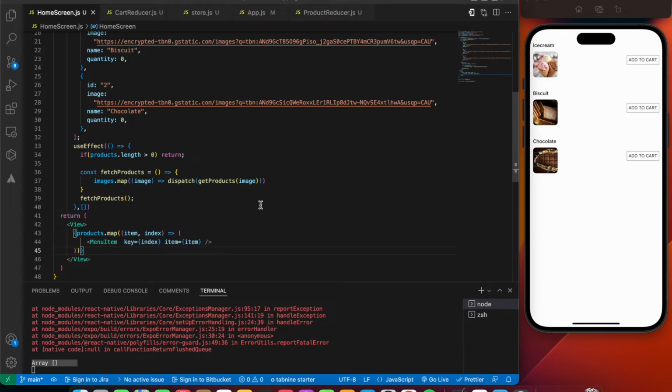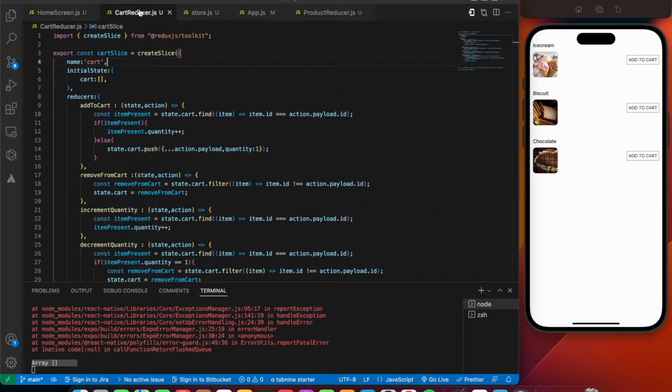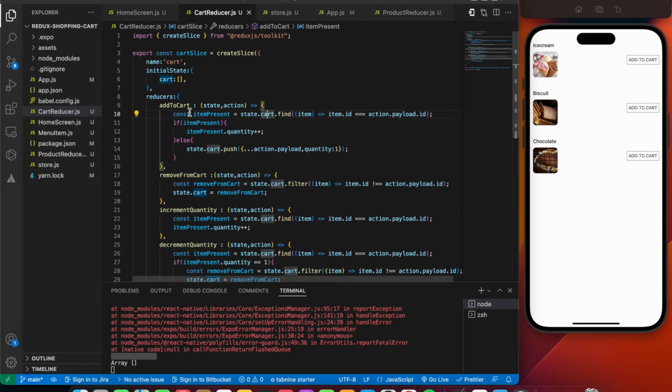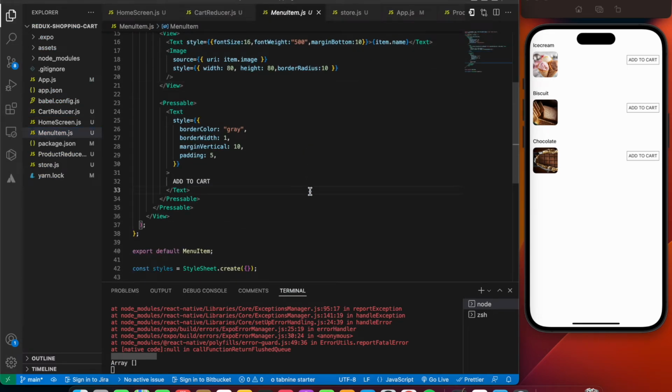So the next thing we'll be looking into is dispatching events into the store. Let's come back to the menu item, and we'll be giving our on press events.